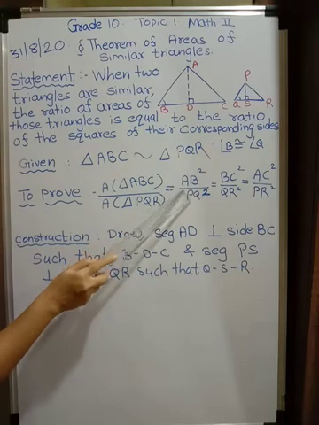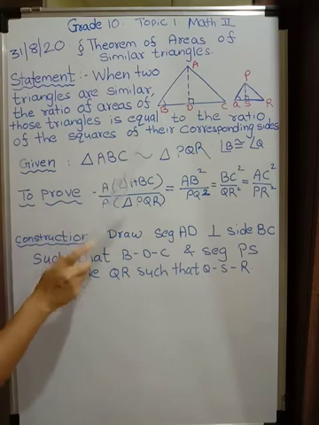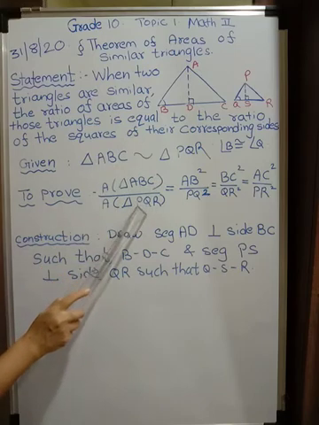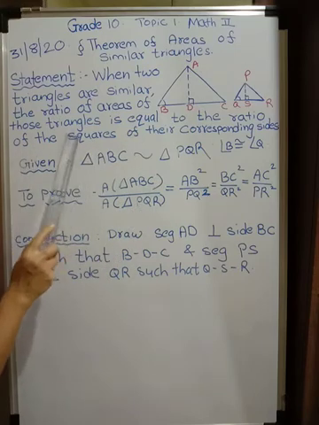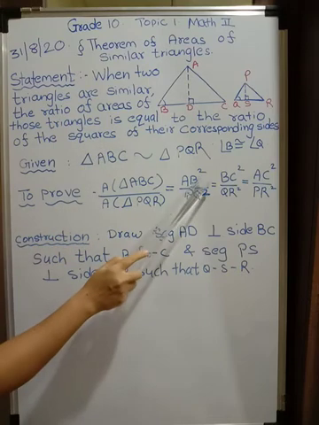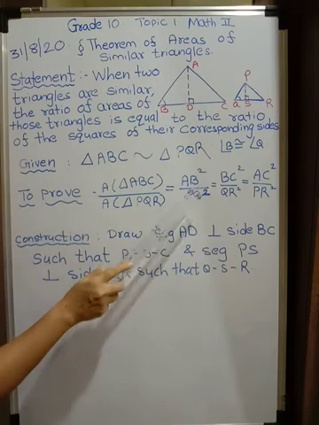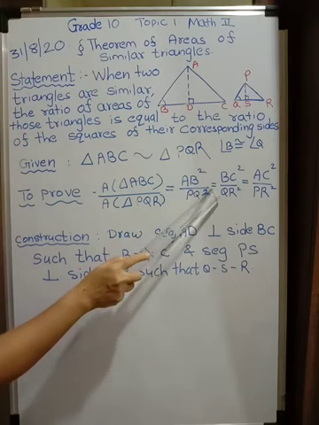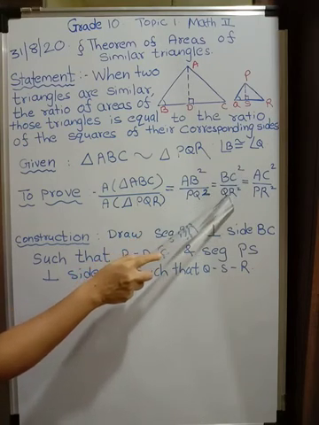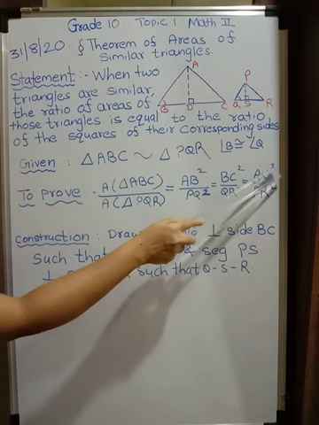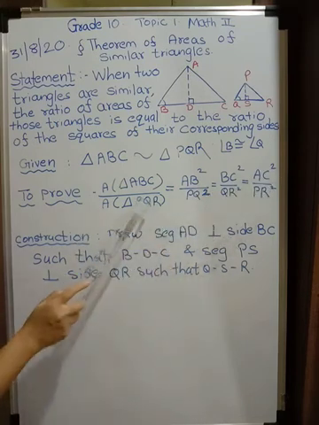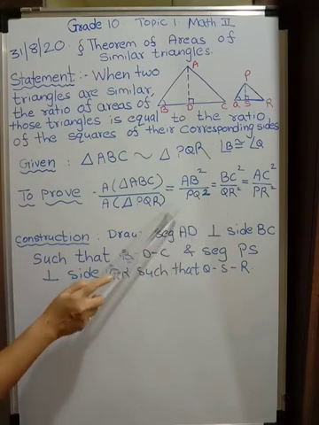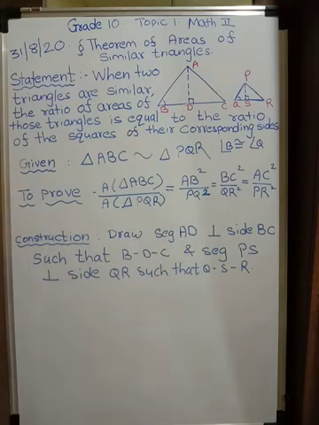Alright. So the ratio of the areas of the triangles will be equal to the ratio of the squares of their corresponding sides. Do not forget this. So AB square upon PQ square is also equal to BC square upon QR square, which is also equal to AC square upon PR square. So this is what we have to prove, and we have to use this property while solving the problems as well. Now, for this only triangles are given, so a small construction is there.